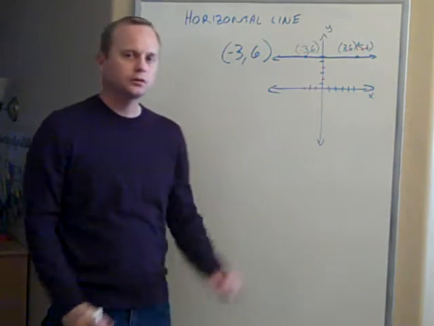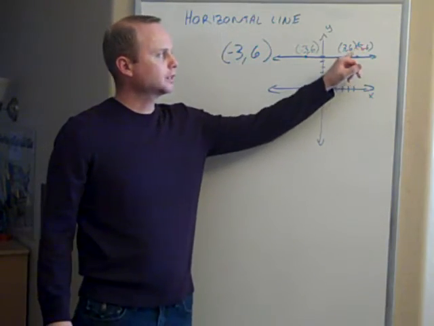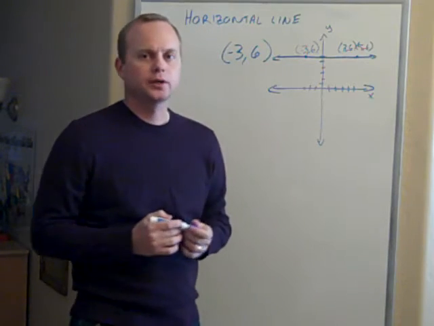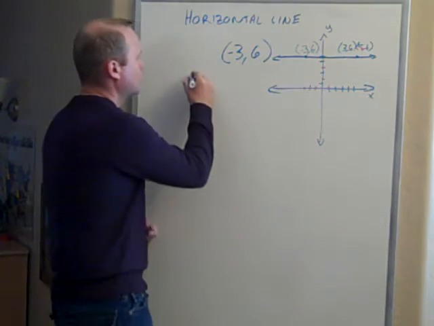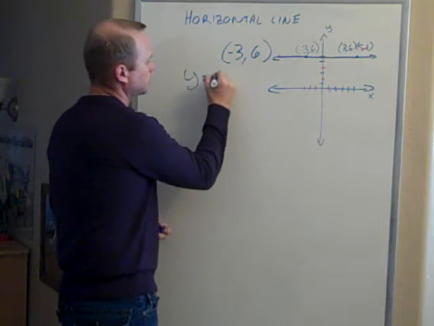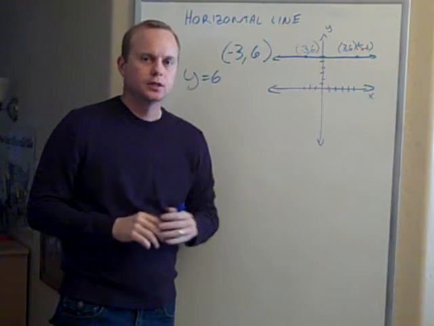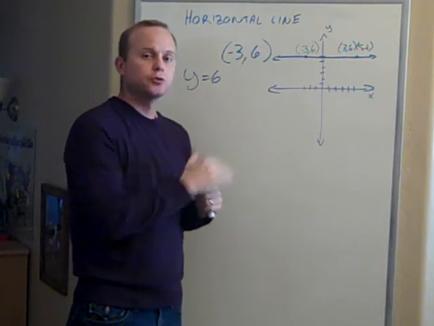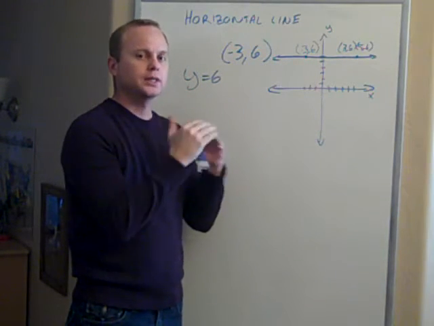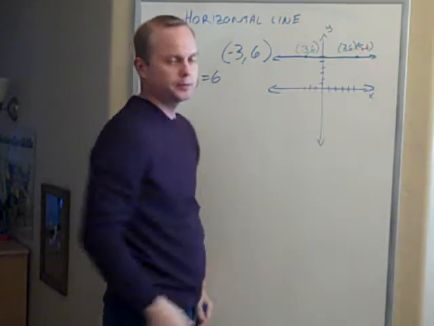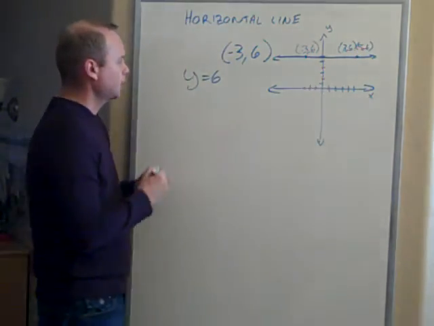What we notice is all of my values for y are all exactly the same. They're all 6. So the way that we would write the equation of this line would be y equals 6. And it's always going to be whatever one constantly repeats. So what I recommend doing is just graphing this one, finding the point that continues to repeat, and then it's y equals that. In this case, it's all my y's that repeat, so it's y equals this. Now for the slope,